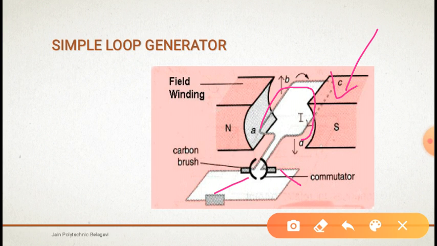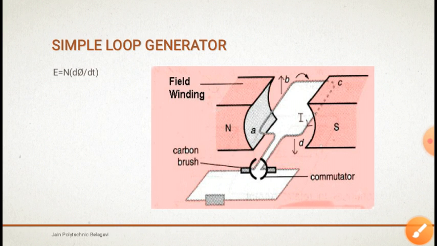As the coil assumes successive positions in the field, the flux which is linked with it will change. Hence, EMF will be induced in that coil. It is given by E equal to N d phi by dt. If the plane of the coil is at right angle to the lines of flux, the flux which is linked with the coil is maximum, but the rate of change of flux which is linking to it is minimum. So, no induced EMF will be in the coil.